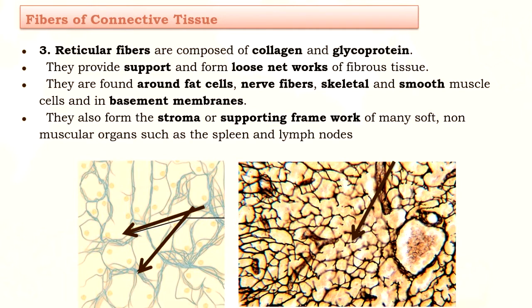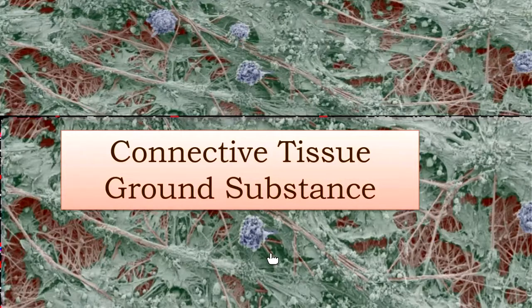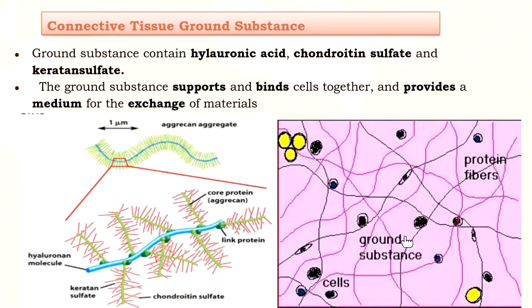Coming on to ground substance of the connective tissue. See here, the ground substance contains hyaluronic acid, chondroitin sulfate and keratin sulfate. These are the three different types of protein and acids which are present in the ground substance. That is hyaluronic acid, chondroitin sulfate, and keratin sulfate. These are the three components present in the